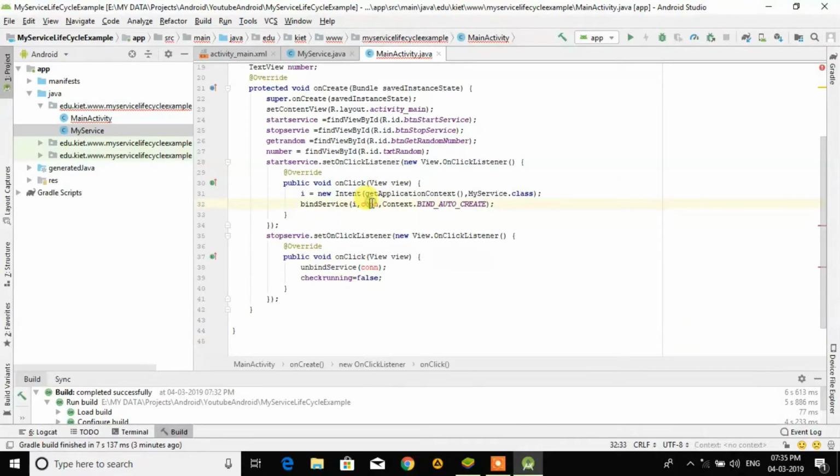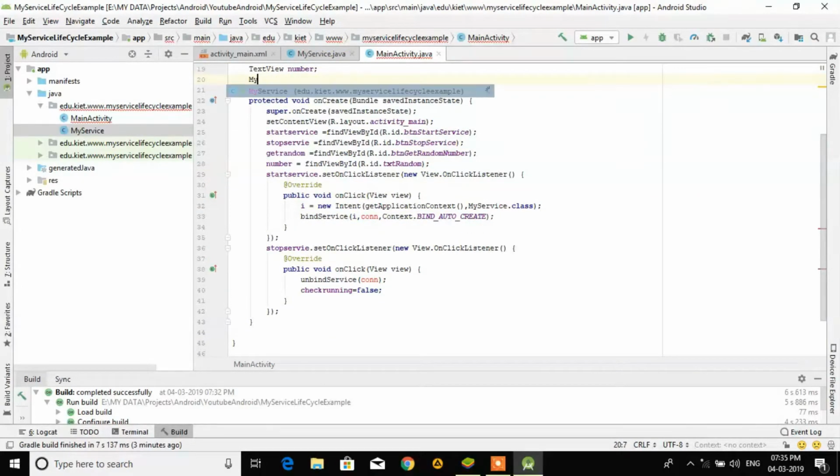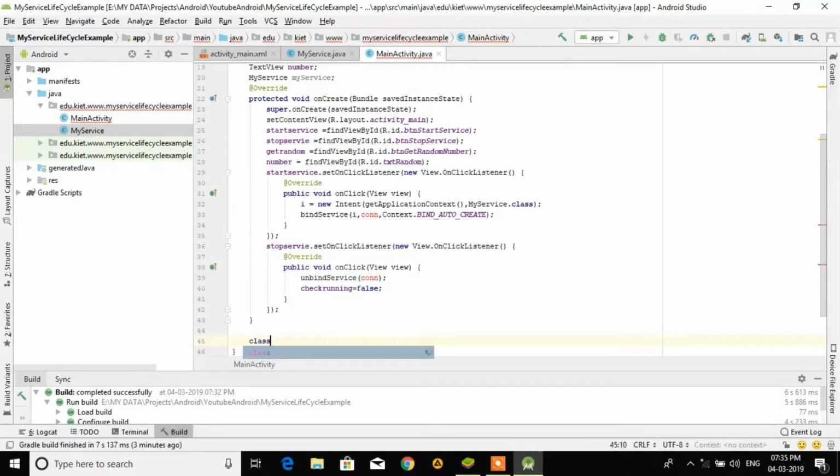Okay, this connection we have to create, or we have to create an object of my service also, like this. So now we have to write the code for the get random button also, and for the service connection also. First of all, we have to create an inner class called MyServiceConnection equal to